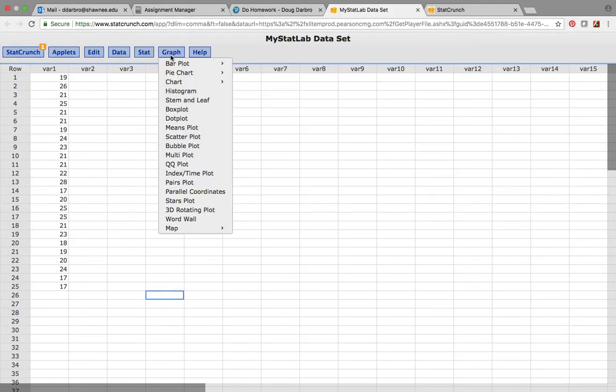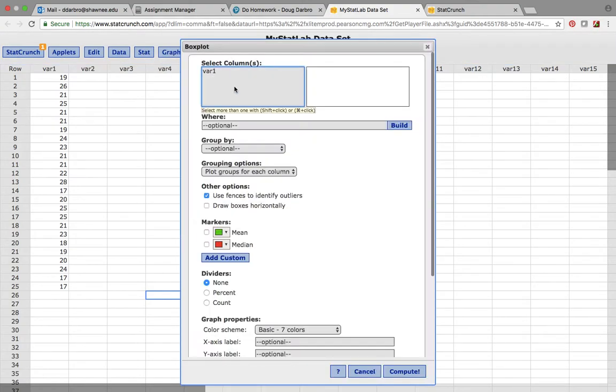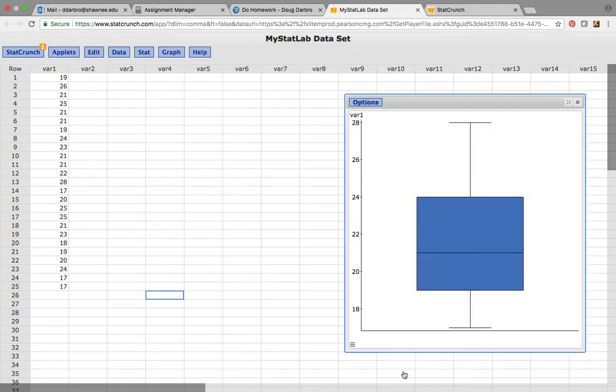So I'm going to go to Graph. I'm going to go to Boxplot. And guys, we want to make sure that this box right here, use fences to identify outliers, is selected. So again, I see that I have no outliers, and I see a pretty symmetric distribution. Now this tail right here is longer than that tail, so it has a little bit of a positively skewed